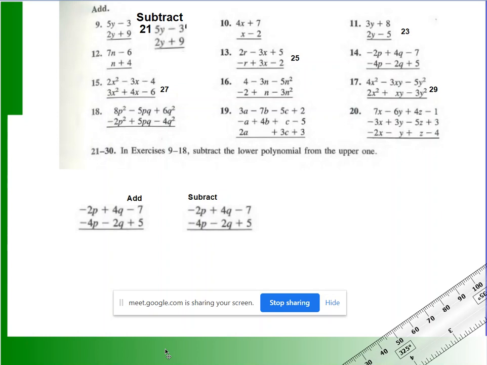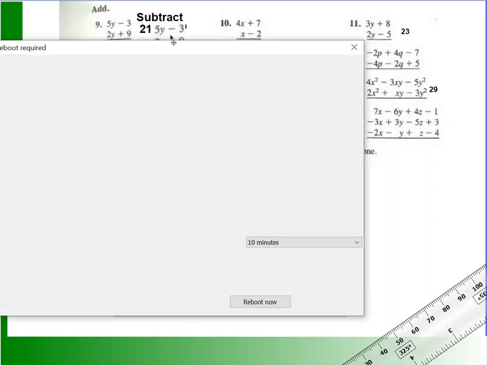All right, so for problems 9 through 20, the instructions are for you to add all of the problems. And that's pretty straightforward. The part that gets kids all the time is underneath you have the instructions 21 through 30, subtract the lower polynomial from the upper one. So in other words, problem 9 isn't only problem 9, it's also problem 21, where you're going to take the